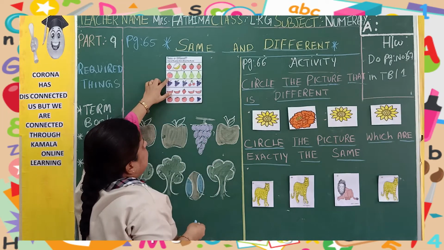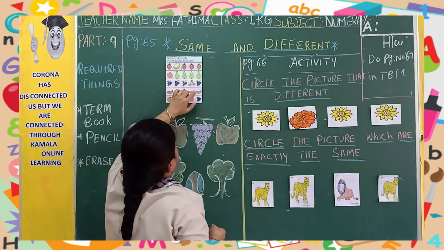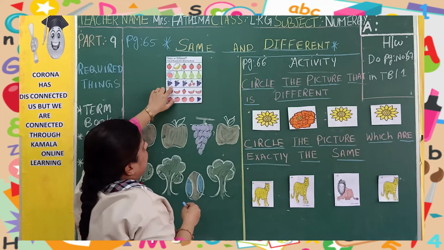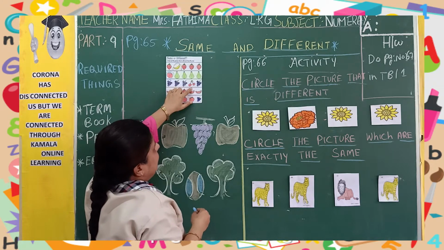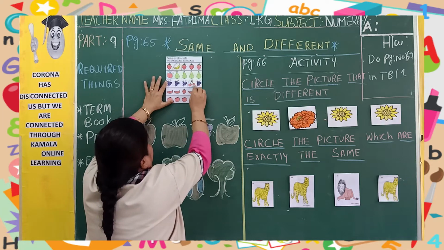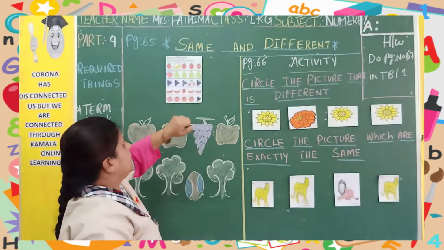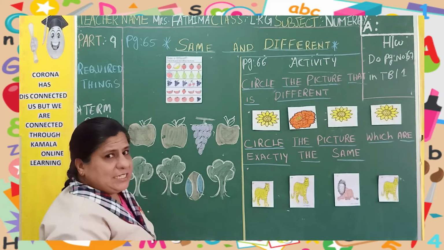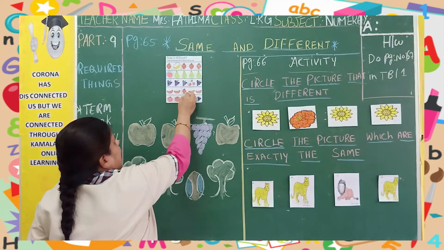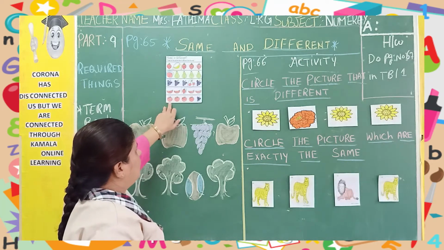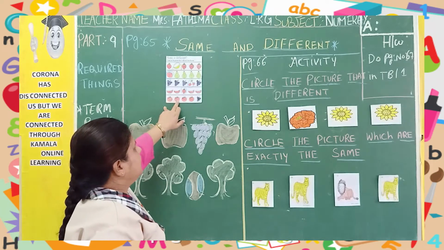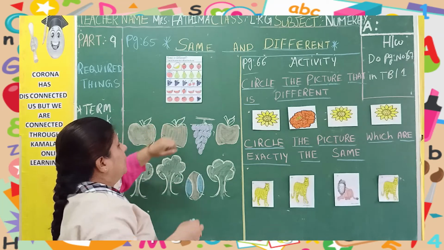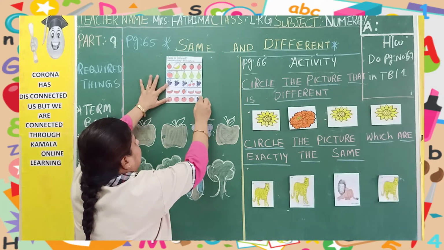See here, apple is there. These all guavas are there. This apple is different now. See, this apple is looking different. See, grapes. Watermelon, watermelon, strawberry, watermelon, watermelon. Which fruit is different in this? The strawberry is different in this. See, mango, banana, apples. This is apple, apple, apple. Grapes. Which is the different in this set? See, grapes are the different one.